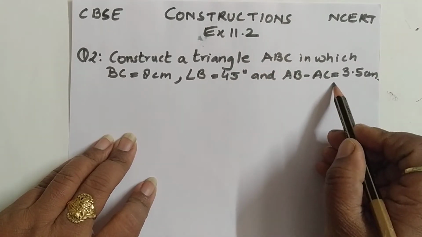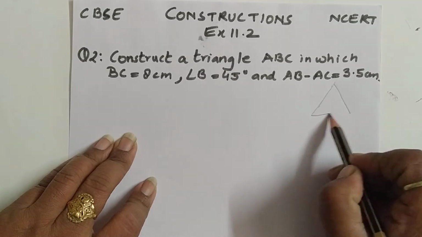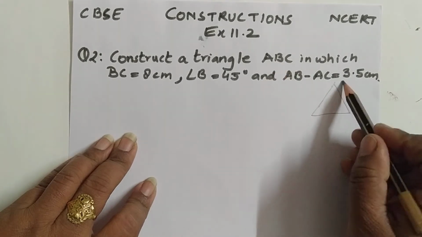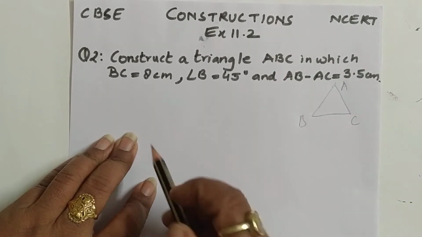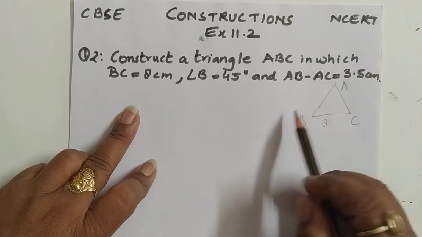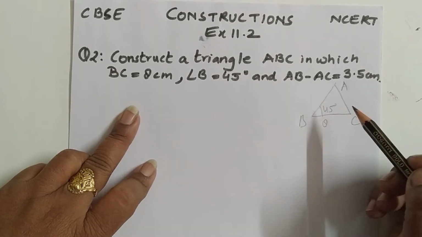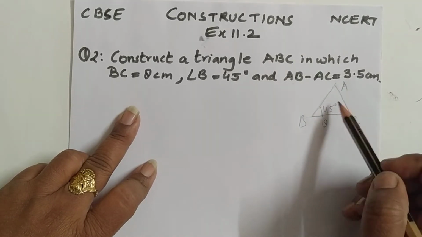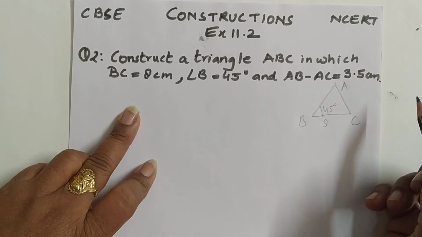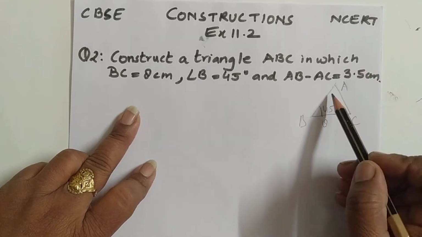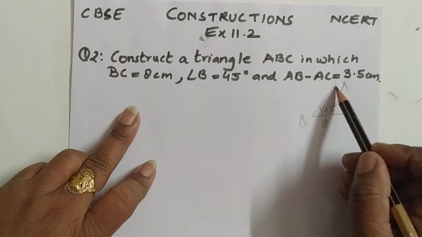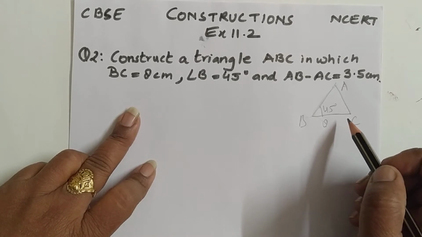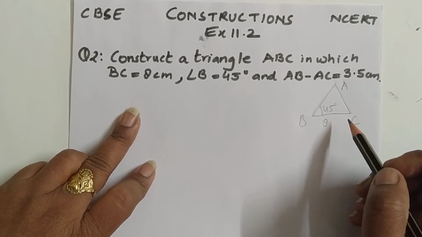As I already told you, when we have to construct a triangle, we need to draw a smaller rough triangle for ourselves. Just like it is given, let's give the name ABC. So BC, the base, is given to us, that is 8, and angle B is 45 degree, and AB minus AC means this side is bigger than this side. Otherwise it could be negative, and we can't say the length of any side is negative. So here this side is greater than this side. This is the first case, and the method to construct the triangle will remain approximately the same as when the sum of the two sides is given to us.